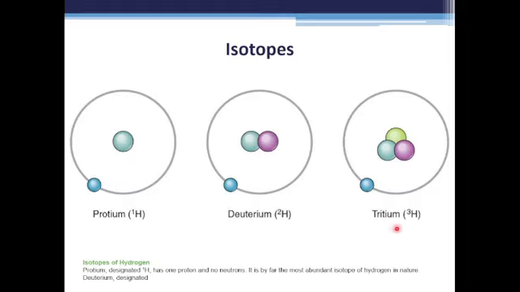Some isotopes are stable, while other isotopes are radioactive, meaning they break down over time and release energy. Radioactive isotopes are very useful in medicine, especially in imaging, which we talked about last topic, and cancer treatments,